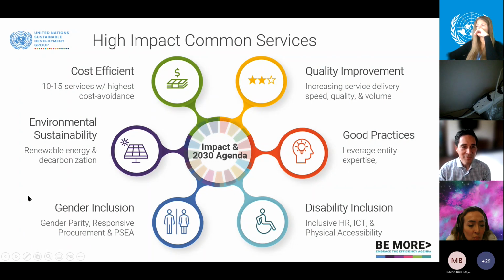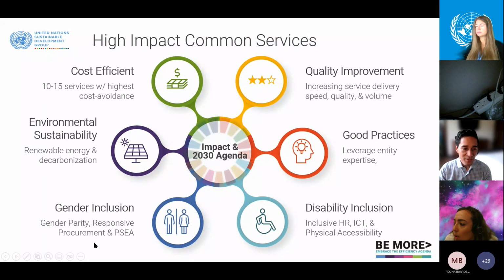We then have environmental sustainability. So we're working also with UNDP, who are specialists in implementing different solar solutions, renewable energy, and energy efficiency, working with UNEP there as well. And the idea is to be able to replicate the specialties that are in the system that are sometimes happening just within each entity, to be accessible to all country teams and all entities within the country team.